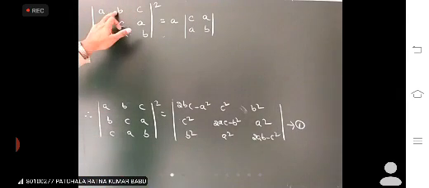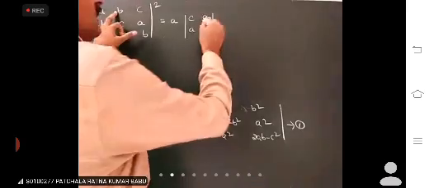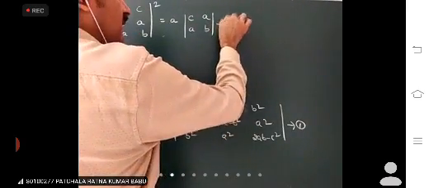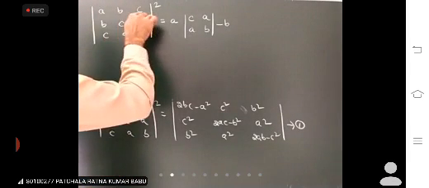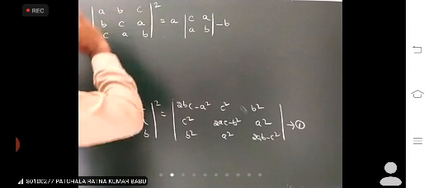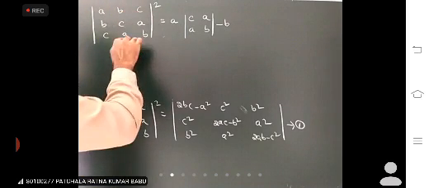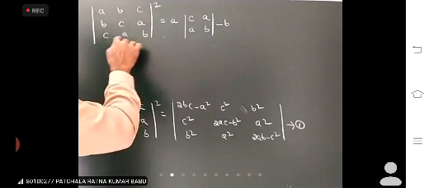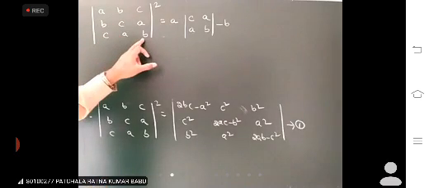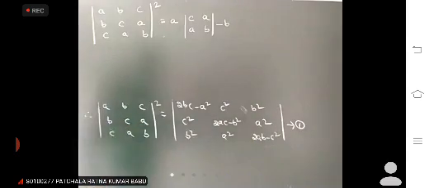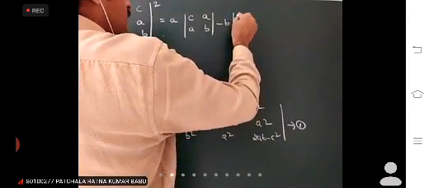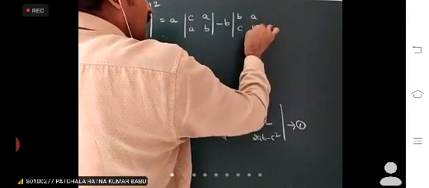Next, change the sign to the second element. Here there is a positive sign to the second element. We get negative sign. Second element B into minor of second element. That means delete the first row and second column in which the B is present. Here there are 4 elements B, A, C, B. Find the determinant of these 4 elements. We get the minor of B. So determinant of B, A, C, B plus third element into minor of third element.